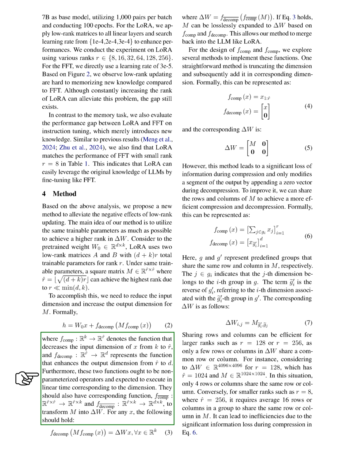We define two non-parameterized operators, f_comp: R^K → R^r̂, and f_decomp: R^r̂ → R^D, to decrease the input dimension of X from K to r̂, and increase the output dimension from r̂ to D, respectively. These operators should execute in linear time based on the dimension. Additionally, we introduce corresponding functions,